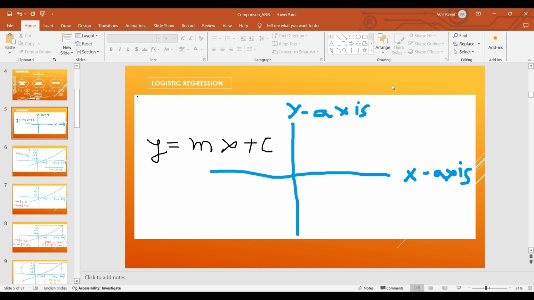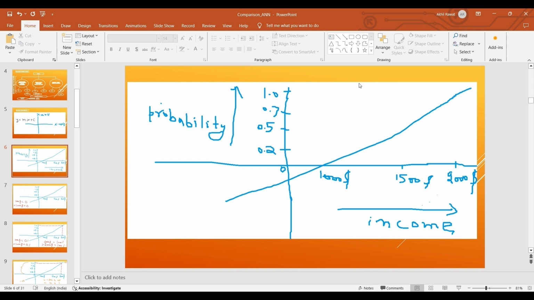So what does linear regression do? In our use case of credit card fraud detection, it will generate a probability for each transaction, but we need to classify into fraud and not fraud. So we are using logistic regression, and we will now see how it works. Okay, as we move to the next slide now, you can see here